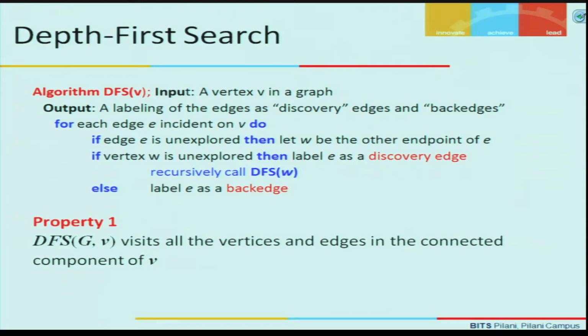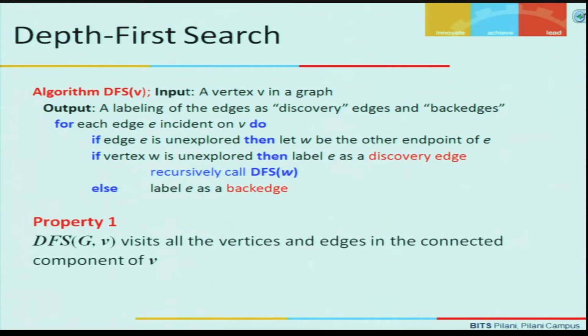So, the depth first search algorithm will start with a vertex v. So, you start with the initial point in your graph from where you are going to start your traversal, that is the start point v which is given, and the output is going to be labeling of all the edges as discovery edges or back edges. So, for each edge e incident on v,